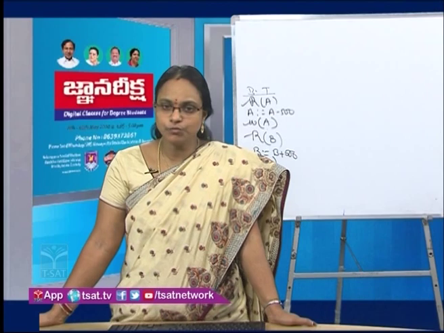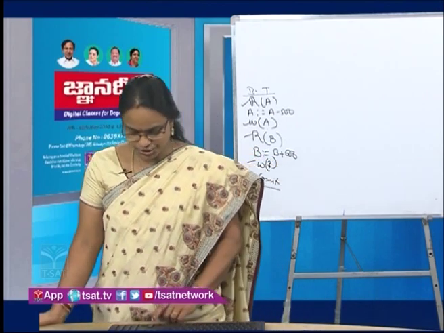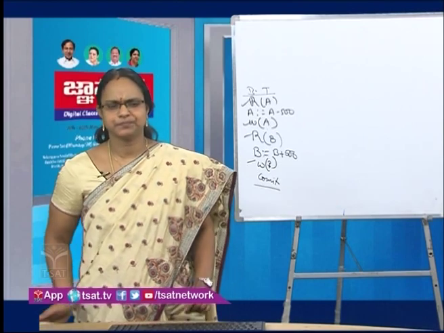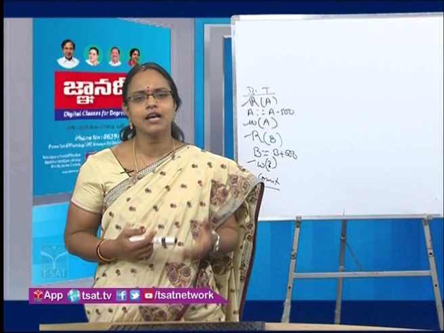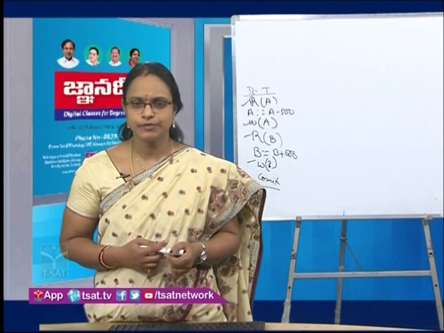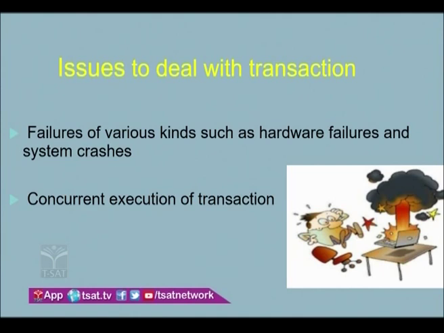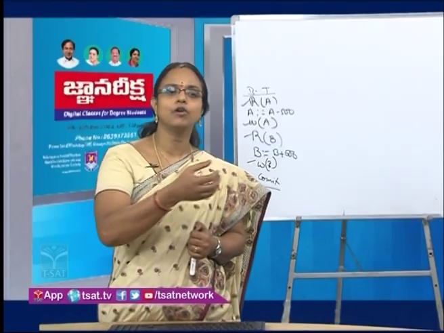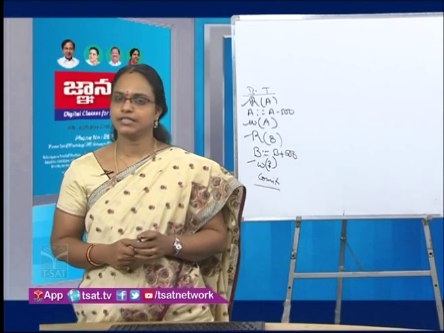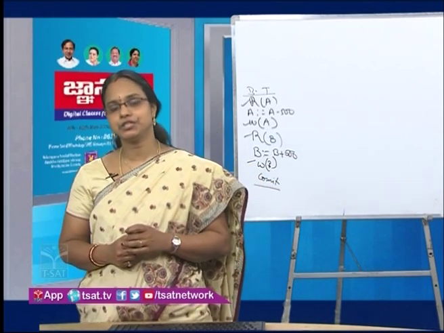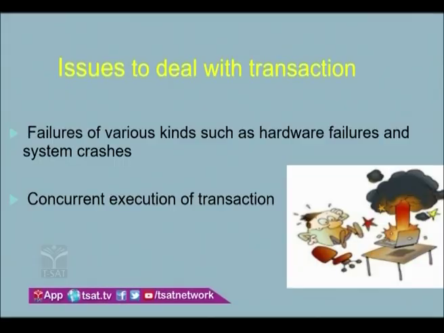So what all we have seen: what a transaction is, properties of the transaction and states of transactions. Moving to the next, why are we dealing with these transactions? We know that a transaction means a sequence of steps. If it executes this sequence of steps, some operation will take place in the database. But why are we studying this? These are the 2 main issues that deal with transactions.